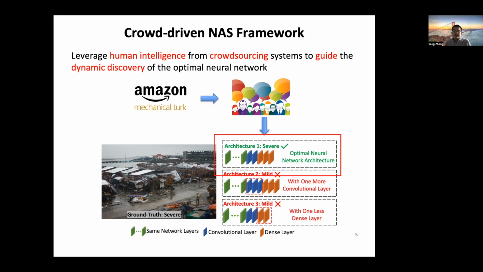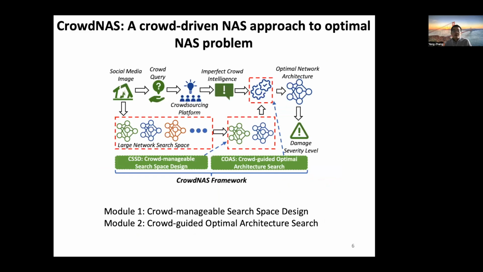In this paper, we developed a crowd-guided neural architecture search framework by utilizing the human intelligence from the crowdsourcing system to identify the optimal neural architecture for a DDA application. In particular, our design consists of two key modules. First, we have the CSSD module, which designs a set of sequential neural network search subspaces on top of a pre-trained damage assessment network.